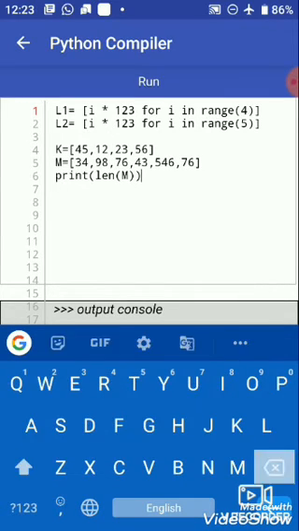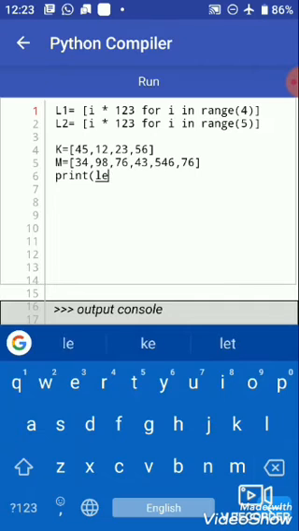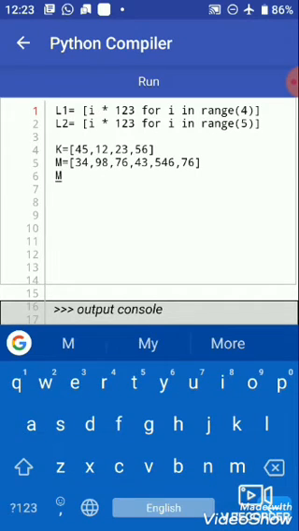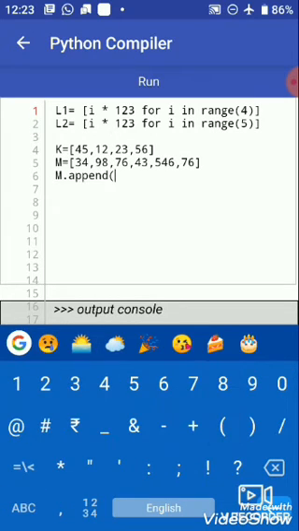For using the append method we just have to write the name of the list, like M dot append, and then the value which I want to append.